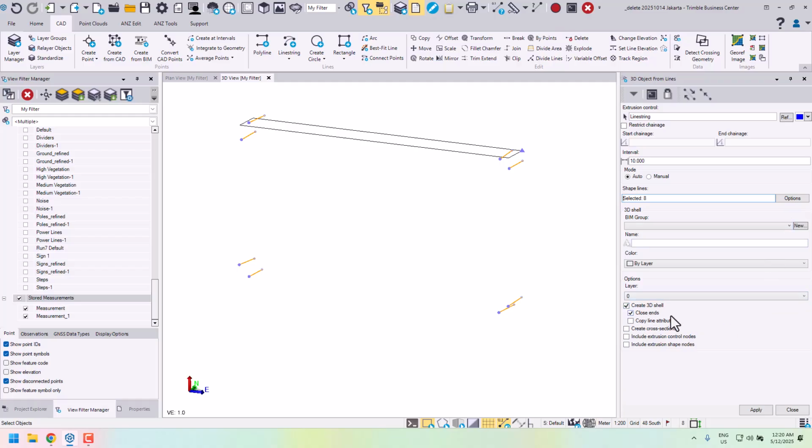We want to close the ends. We don't want to include extrusion control nodes. And put it there, but we're going to call it